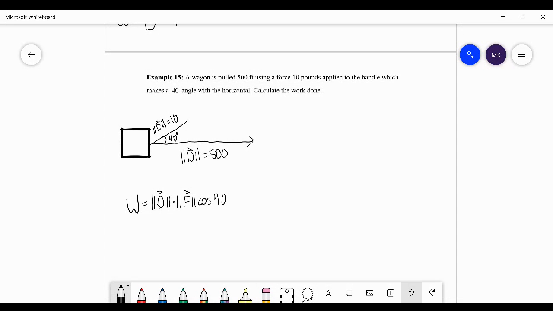We're going to use the generic cosine of theta, which is just 500 times 10 times the cosine of 40 degrees, which is equal to,